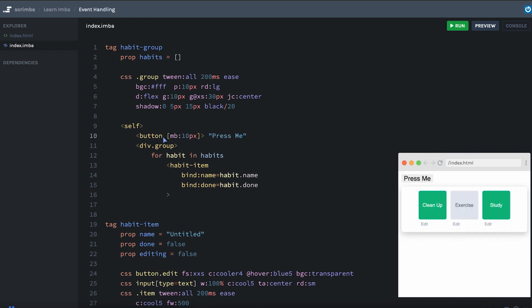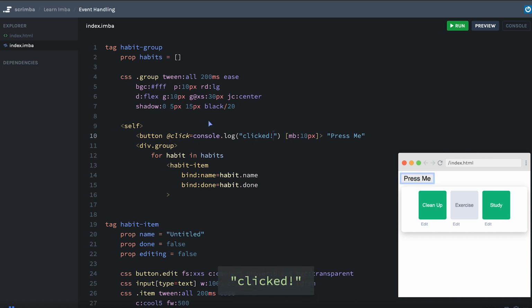So I've added in a little button tag here to quickly show you the syntax for this. It's like adding an attribute to the tag, but it starts with an @ symbol and then the name of the event. So @click means click event, and then you set that equal to the event handler. Now this can be the name of a function that you want to call or a method, or it can be a little line of code right there which will act as the event handler function. So I'm going to put console.log clicked just as a test,